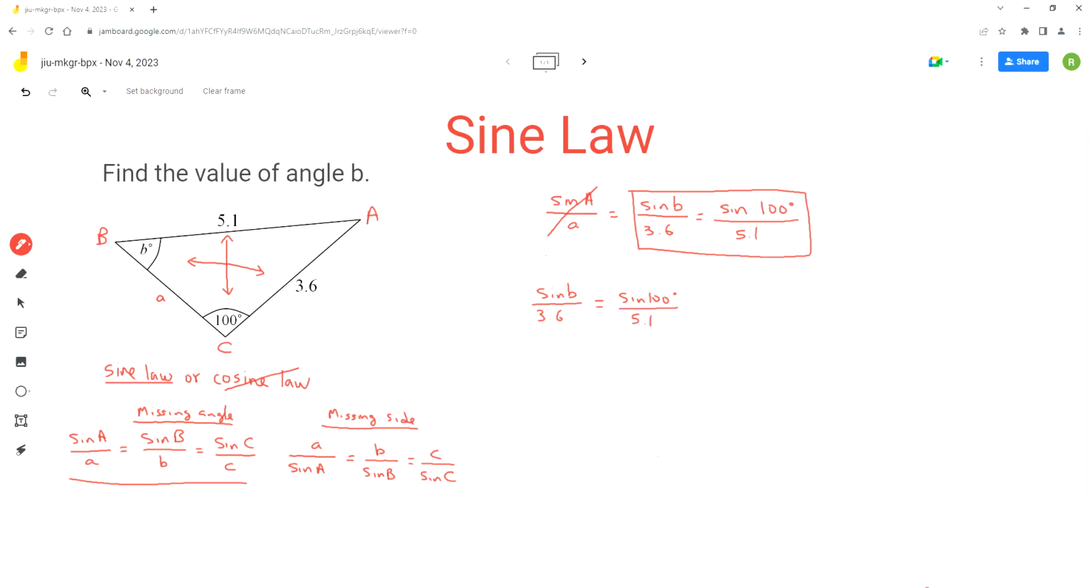Now we have to isolate angle B in this equation. So the first step is to cross multiply 3.6. So we get sine of angle B equals 3.6 times sine of 100 degrees over 5.1. Now we can use our calculator to evaluate this expression. So in our calculator, we should input 3.6 times sine of 100 divided by 5.1, and I got sine of angle B is equal to